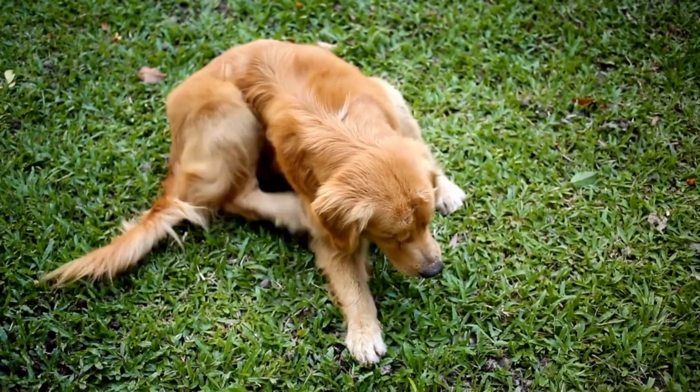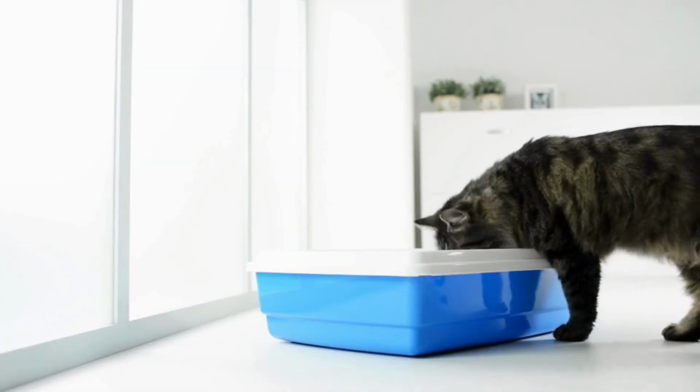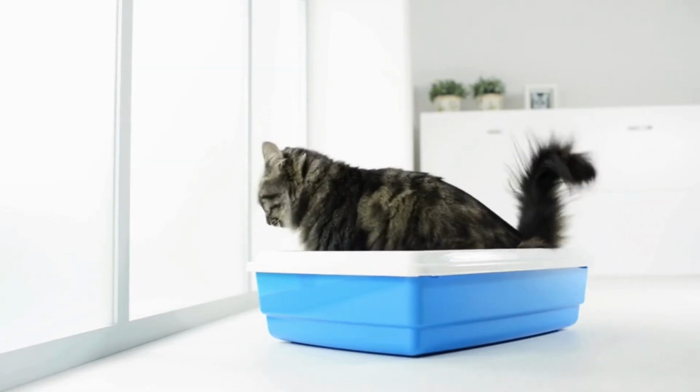Are you struggling with your pet's constant itching or chronic gut issues? And no matter what you do, whether it's changing their diet, adding supplements, or using natural remedies, they're still not getting better. You're not alone. If you've already cleaned up your pet's diet, the answer might not be what you're feeding them, but something deeper,